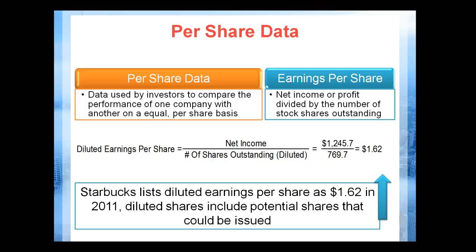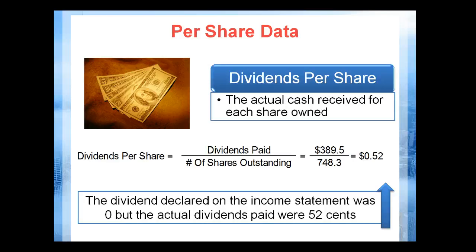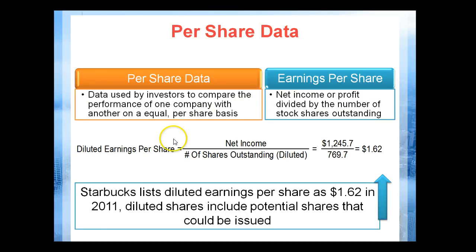What happens with earnings per share is how much that stockholder is earning, based on their number of shares and based on the income of that organization. Because you look at here, we're looking at the net income and we're looking at the number of shares outstanding. So we're comparing the relationship between the income that organization is receiving and the number of shares. That means that each one of the shareholders is earning $1.62 for every share that they own.